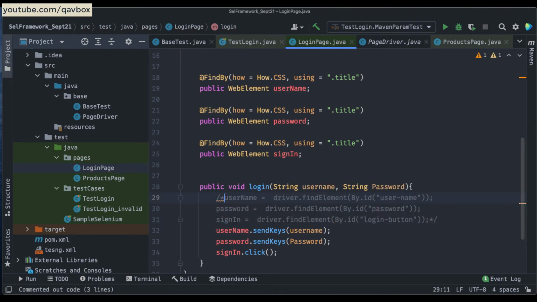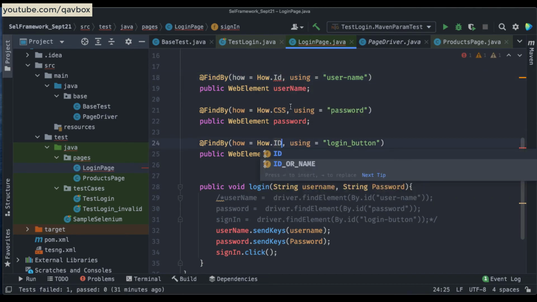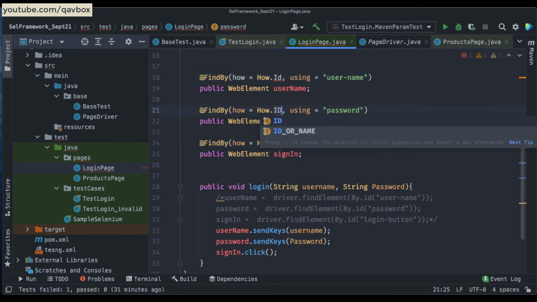That's the benefit of using FindBy. So let me copy paste all these things real quick, and this is my username, this is my password, and this is login underscore button, and everything is ID only here. So you have to use How.ID, and the same thing How.ID, and this has to be How.ID.